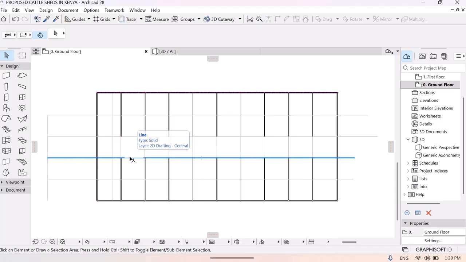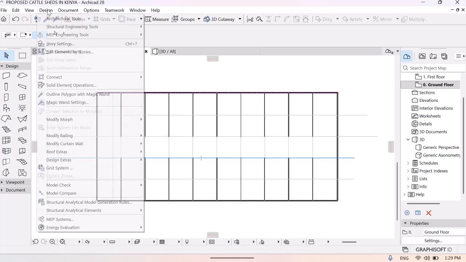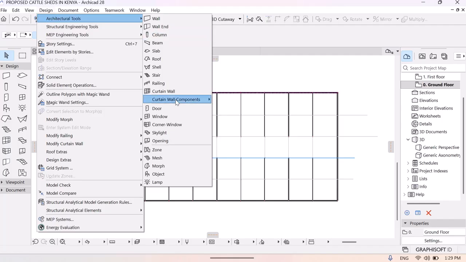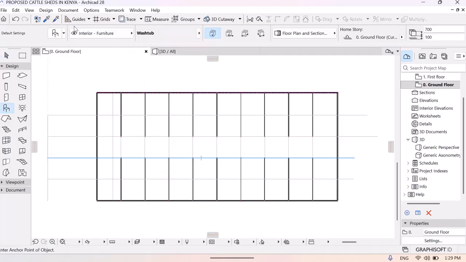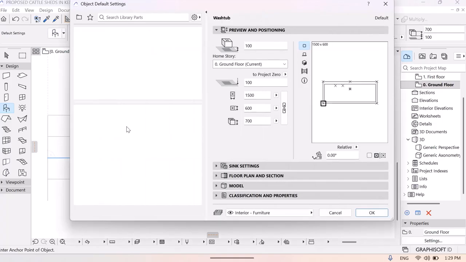Now our first item on our agenda today is going to be the feeding troughs. So you come to the design tool, architectural tool, come to the object, and always make sure your computer is connected to the internet. We are going to search for feeding trough, and since ArchiCAD doesn't have anything about feeding troughs, let's find a wash tub